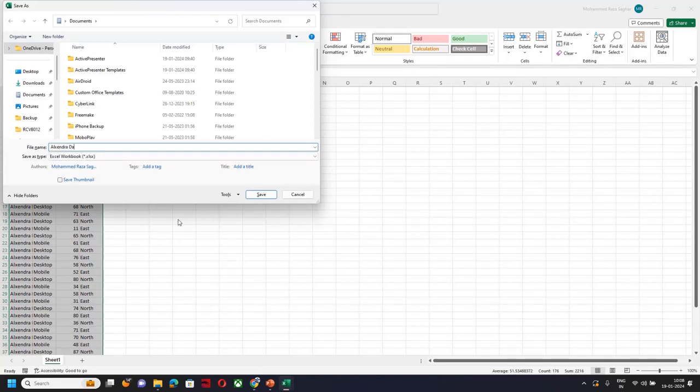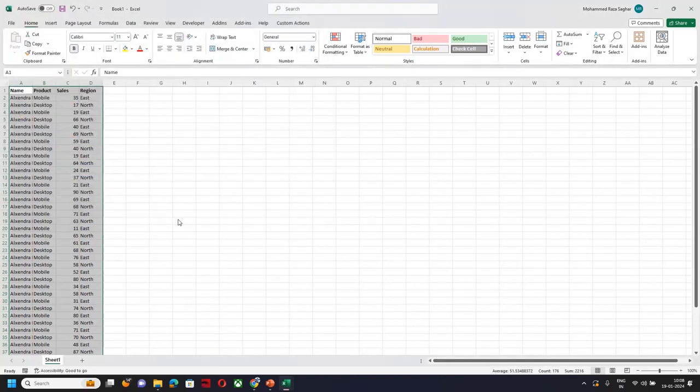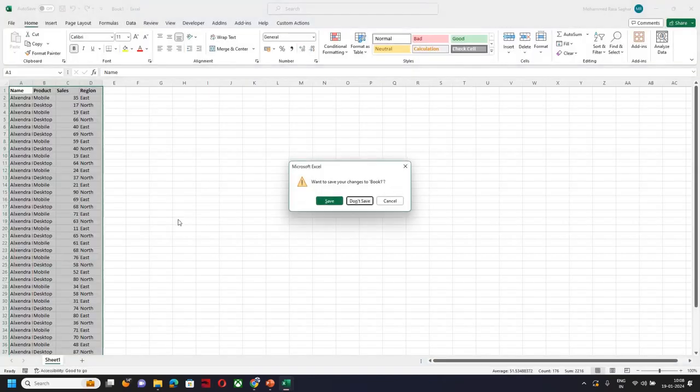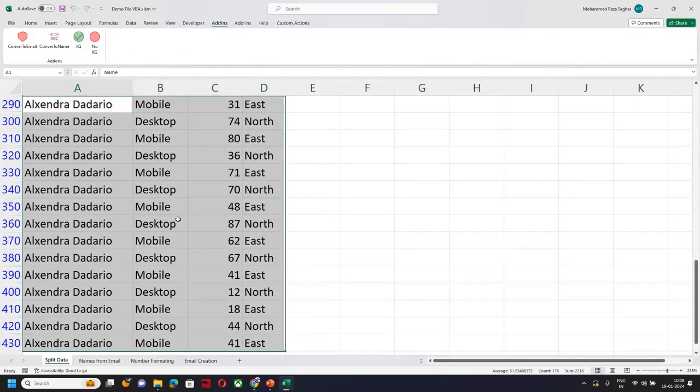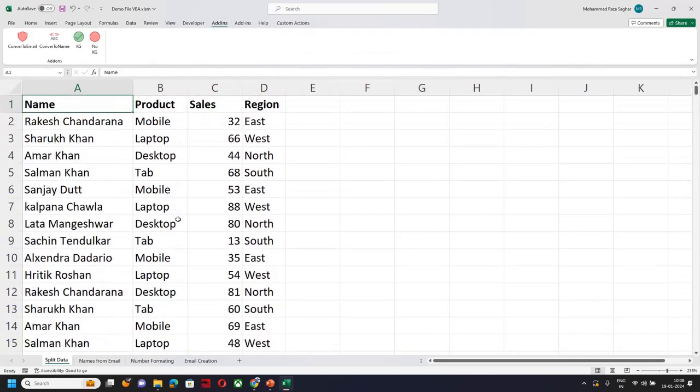Now this person's name is a little bit weird. So add that and save it, close it, and repeat. Let's say it will take me, if not more, 1 minute to create one file, correct? Let's see how fast we can do it with automation. So here is one automation, split and email.